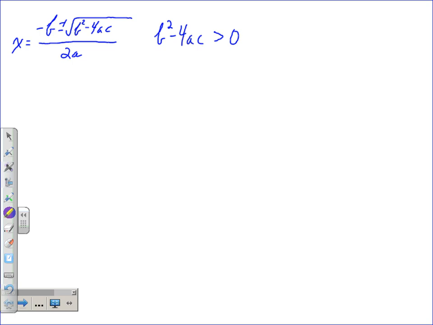Remember I said when you have a parabola and it comes down and it touches and it goes right back up? And I think it was -2. How many answers does that have? That's one, okay? So, I think we can say, by the way, this b squared minus 4ac,